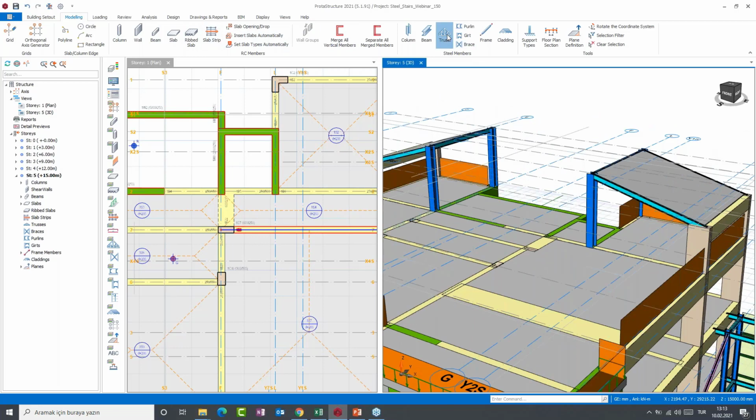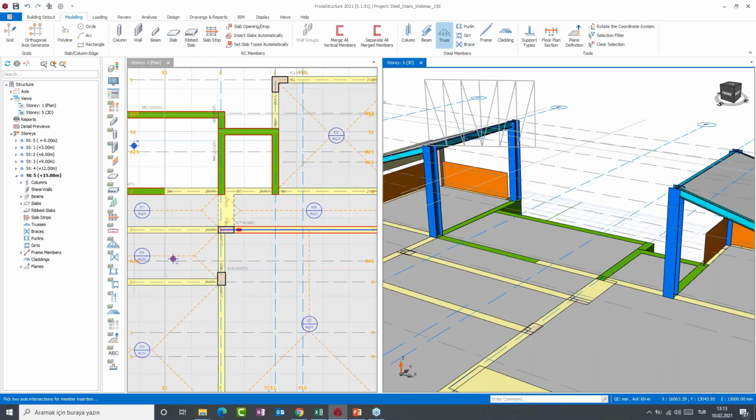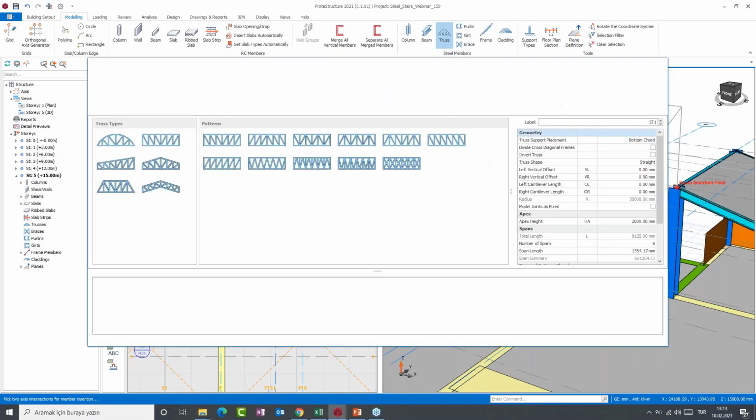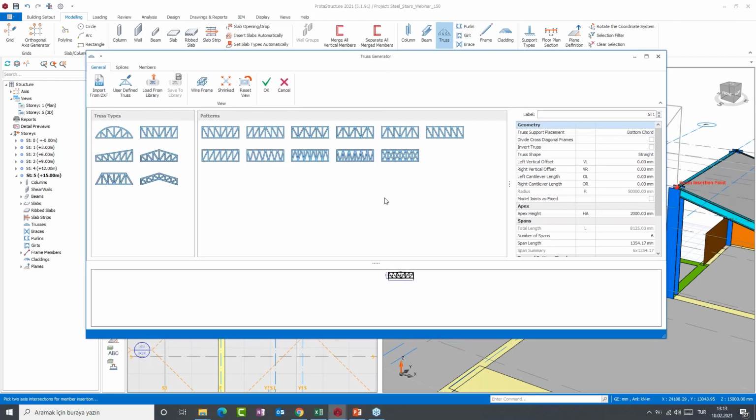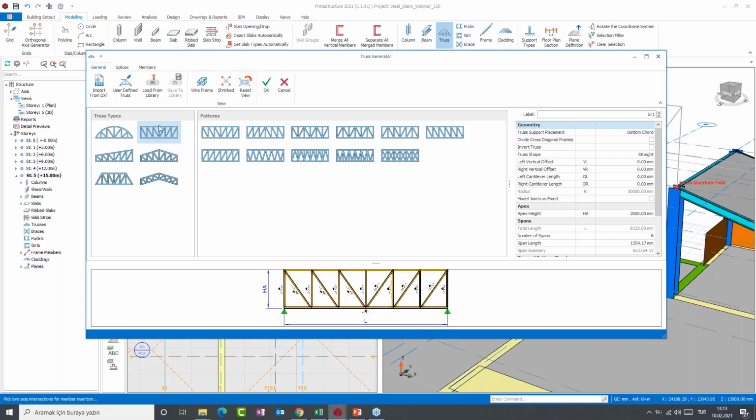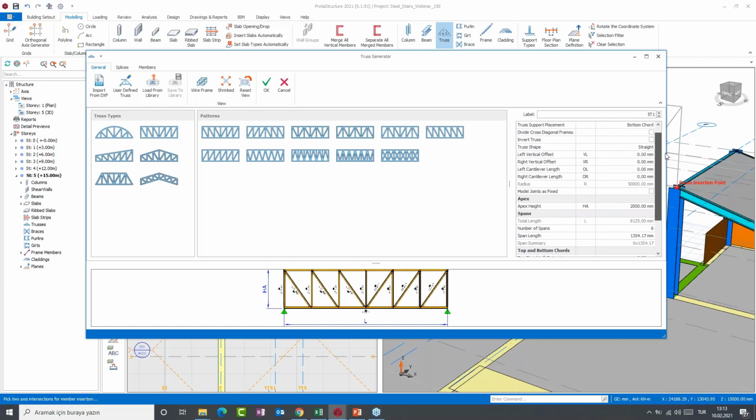I'm going to create trusses between these columns here, and as you go, the truss generator screen comes up, and you'll be able to see that we have different truss types here. You can choose different patterns from the pattern library,